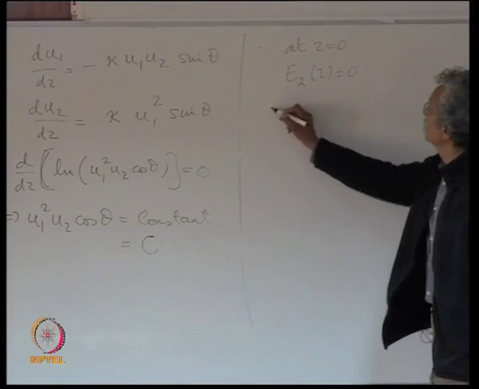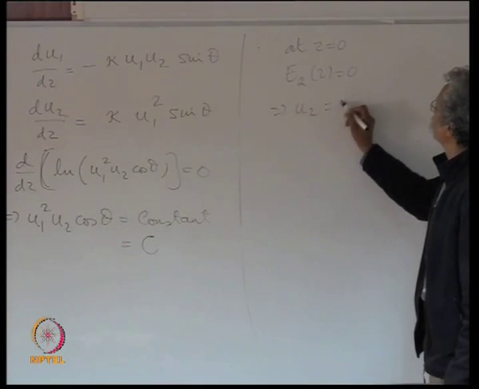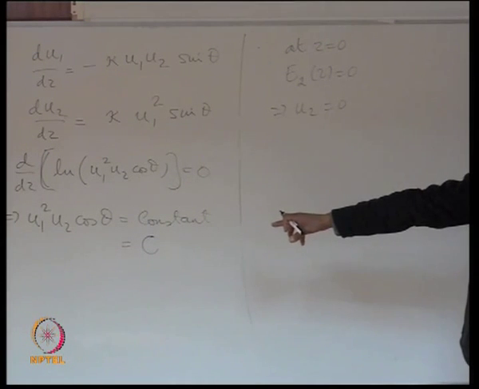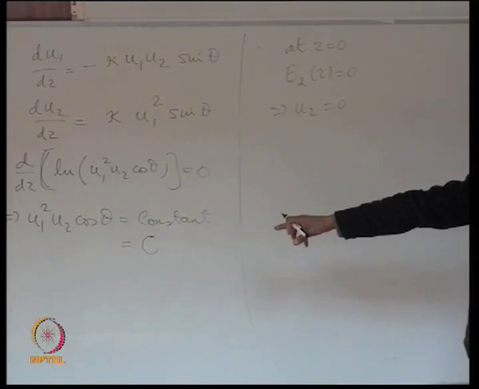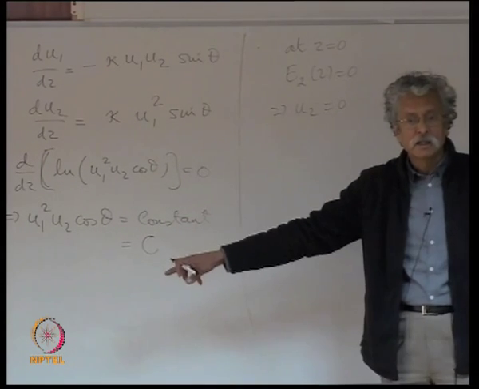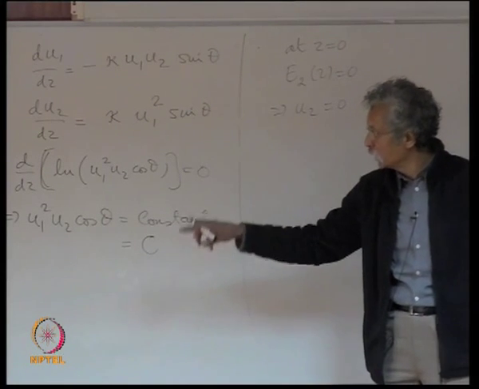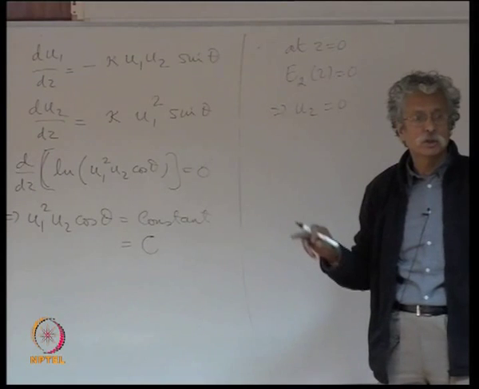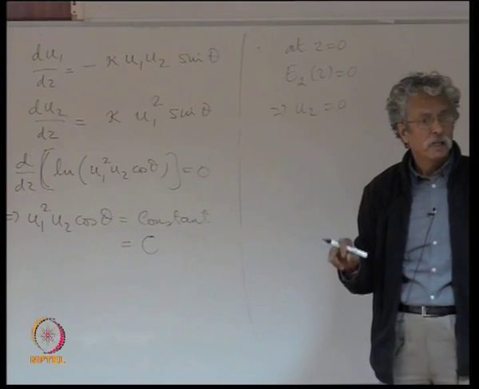So, this implies u2 is equal to 0, because E2 is u2 times exponential i phi 2, and u2 equal to 0 implies C must be 0, because this is a constant of motion. So, at z is equal to 0 also it is valid. At z is equal to 0 I have u1 square of 0, u2 of 0, cos theta of 0, and because u2 of 0 is 0, the constant is 0, and as that changes,